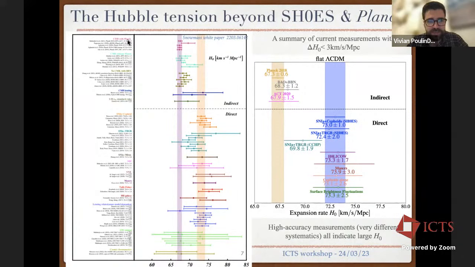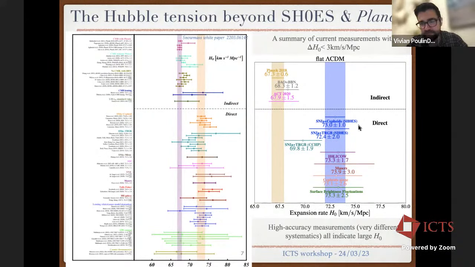Whether you use CMB data from Planck, CMB data other than Planck, or if you can even drop CMB data altogether and just use information from Big Bang nucleosynthesis. The bottom line is that for those that are high accuracy, they all tend to give you numbers that are of order 67, while direct measurements in the local universe, whether using Cepheid calibrated supernovae or the tip of the red giant branch or other ways to calibrate the supernovae, or completely different ways of measuring the Hubble parameter, for instance, from strongly lensed quasars, typically give you a larger value of the Hubble parameter.